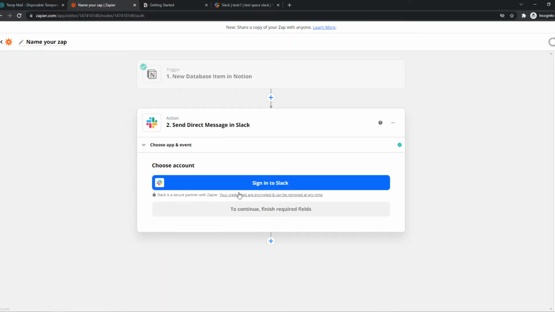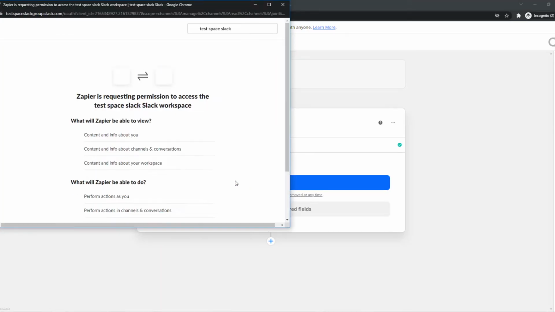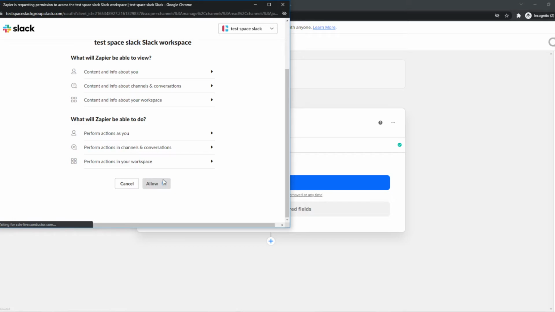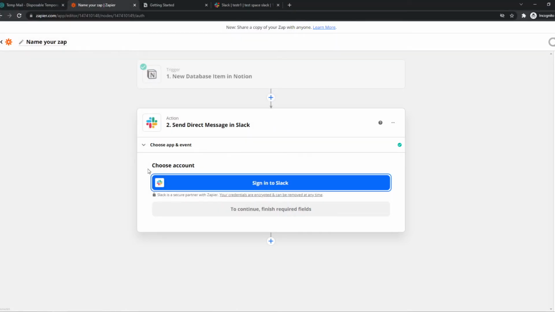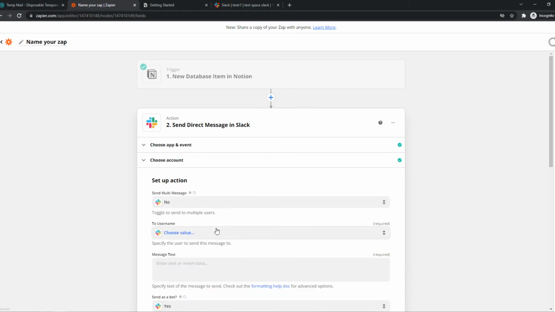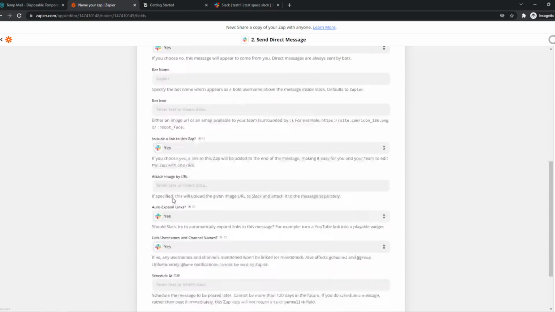We can hit continue then, and we have to sign into Slack just like that. As you can see, Zapier is requesting permission to access Slack. You obviously want to hit allow right there, and now it's going to connect with Zapier. There we go. We can hit continue, and now we can set up this